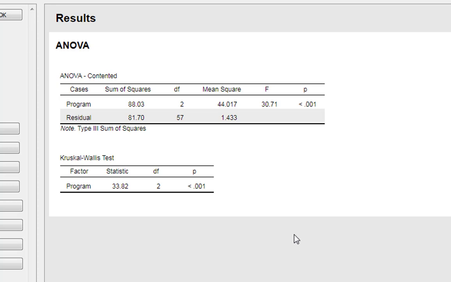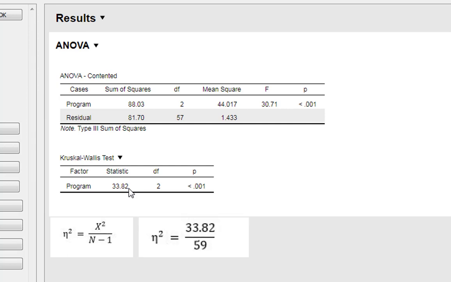Now, as always, we should be producing effect sizes along with this. We can't produce an effect size for the Kruskal Wallis test directly here, but an effect size calculation can be done based on a chi-squared statistic, and it's a very straightforward formula. It is simply the chi-squared statistic divided by n minus 1, so your total number of participants minus 1, and this will give us an eta squared, a rough proportion of variance in the DV that the IV